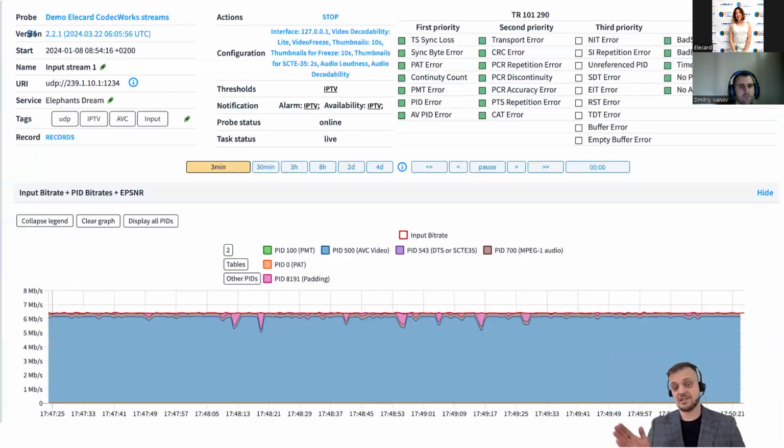This is a drill down. Effectively, you can drill deeper into one of the streams and see all the internal parts of it. You can see the TR 101 290 notification settings and presets. You can see all the technical information, and you can even see the bandwidth and composition of your stream. This is very important to have if you're tweaking the configuration for your encoder, because any changes in the encoder you will see on this graph live view.